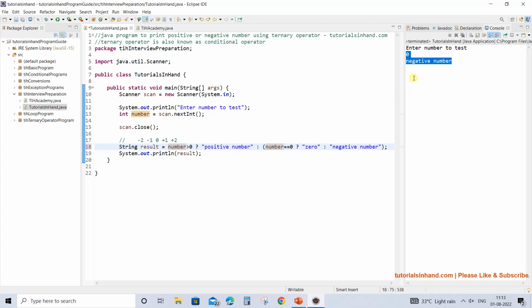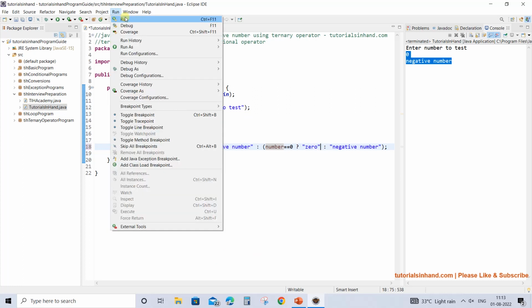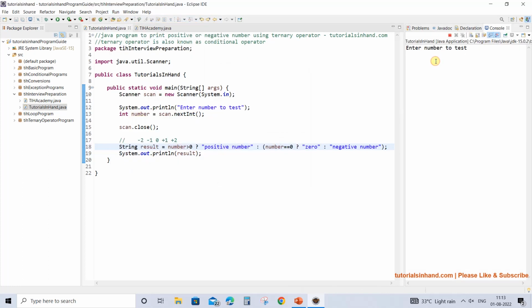And if you now enter a negative number, for example, execute this. If you enter any negative number, suppose -4, and then press enter, it will print the perfect result, that is, negative number. Why? Because when -4 greater than 0 is compared, it will turn out to be false, and it will go to the statement after the colon.